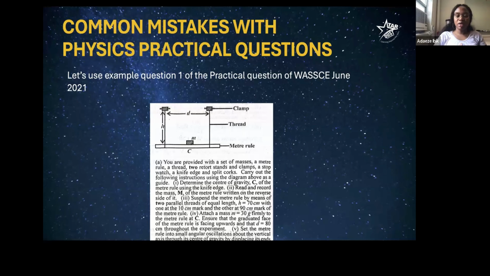The experiment says that you should determine the center of gravity. Normally the center of gravity is supposed to be close to the midpoint of the calibration. For a meter rule, which is usually a 100 centimeter ruler, the midpoint, which would be around 50 cm, is usually your center of gravity. So you're meant to determine that by putting